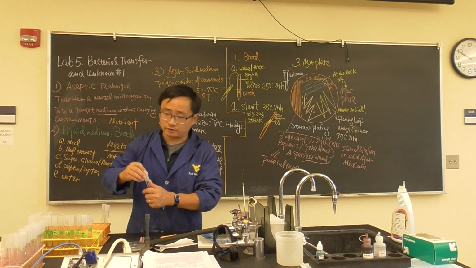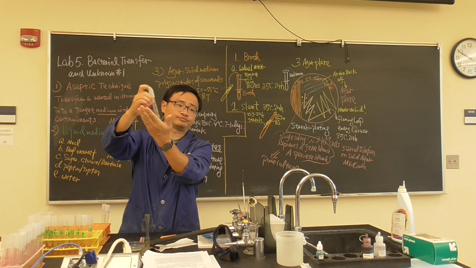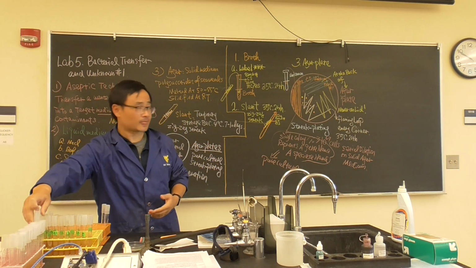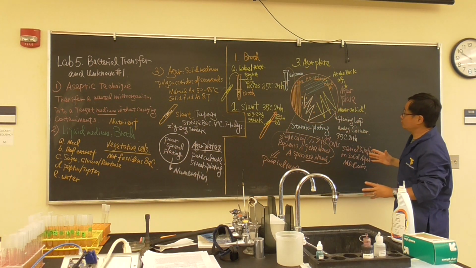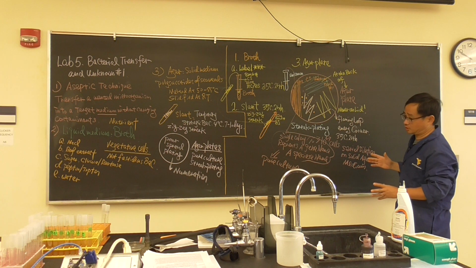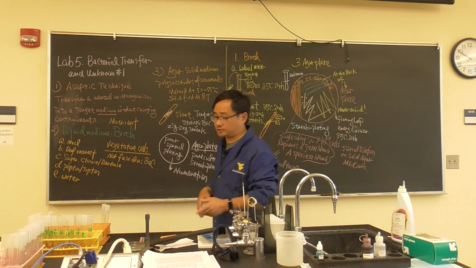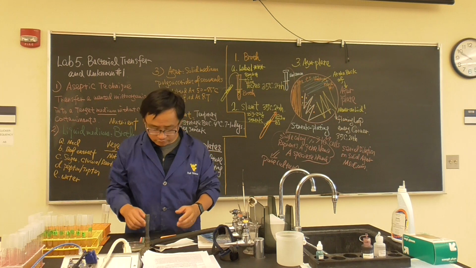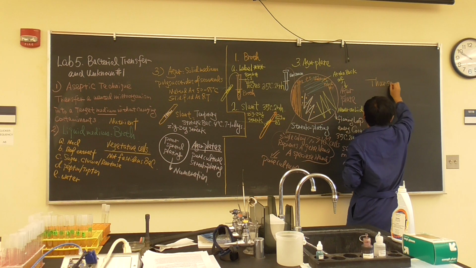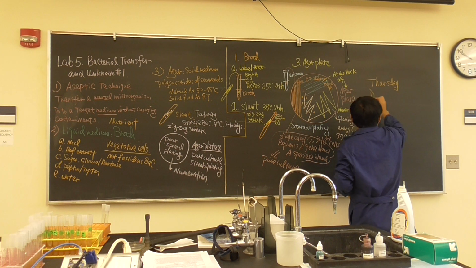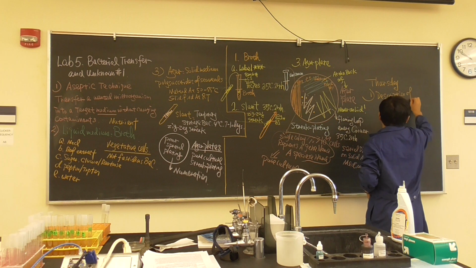So what do we do? Two of you maybe need to share. Okay, a plate, a slant, a broth. Make sure it is shaken. Shake first, mix. Then you do the streak plating. Then hopefully, after incubation on Thursday, we want to see two different colonies. So this plate is important. From the two different colonies on Thursday, we will do two things. Number one is description of colony morphology,